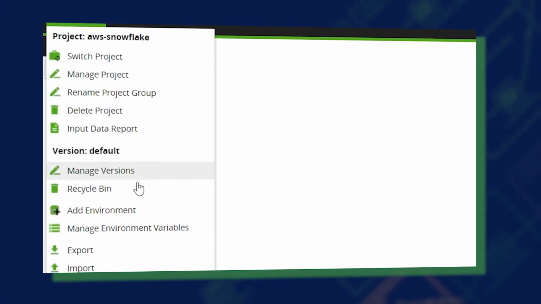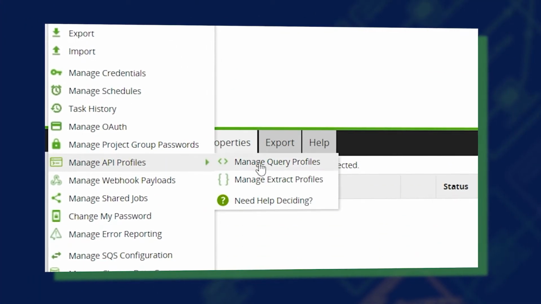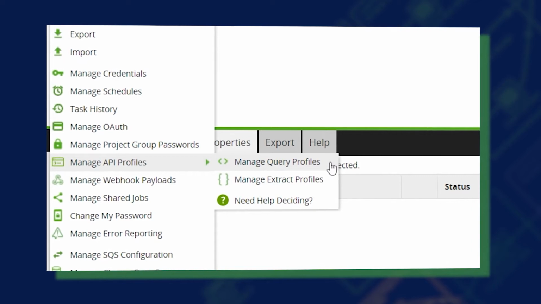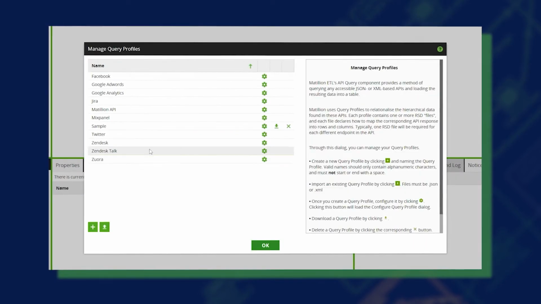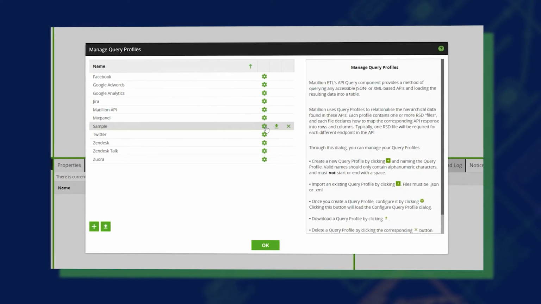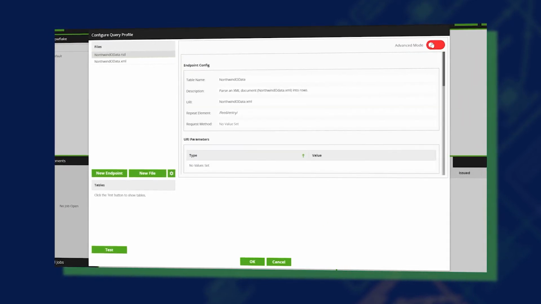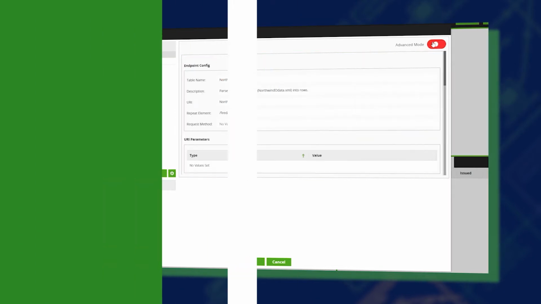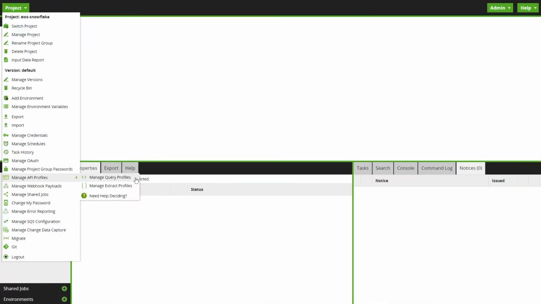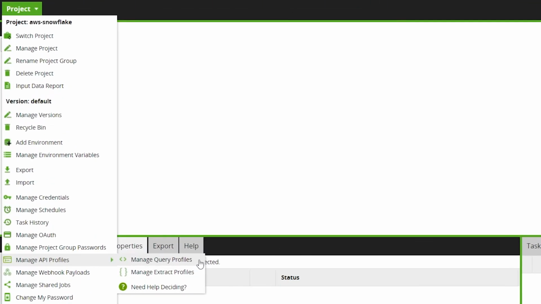Through the Manage Query Profiles menu, you can see your existing profiles and create new ones. Query profiles provide a method of querying any accessible JSON or XML-based APIs and loading the resulting data into your cloud data warehouse. We can look first at the sample API, which includes some example data,